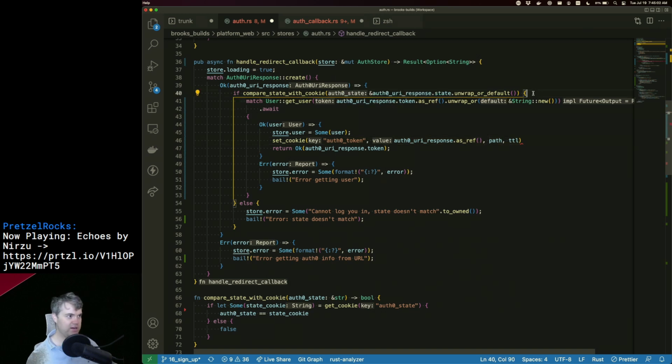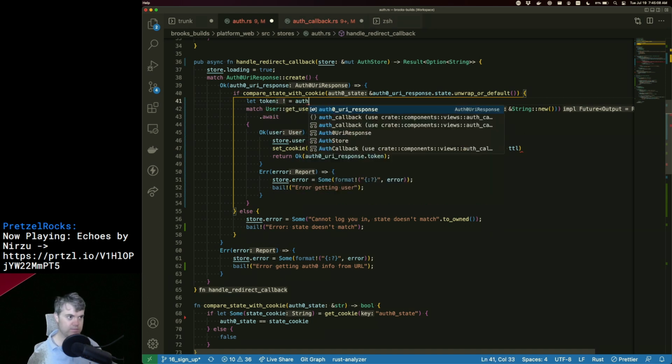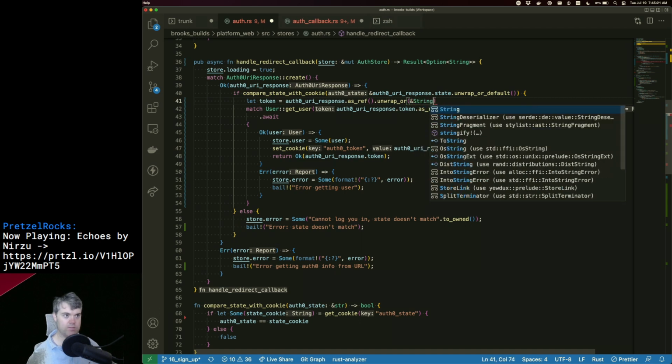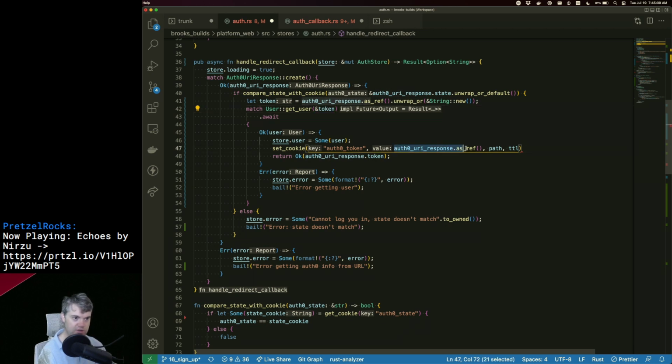So I really want to get the token out of here. And then here we can use it also.